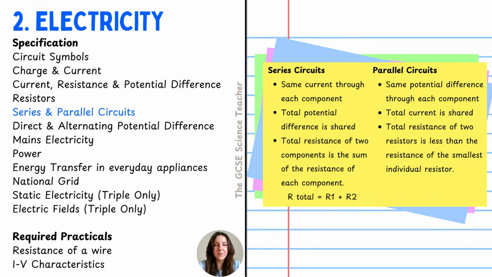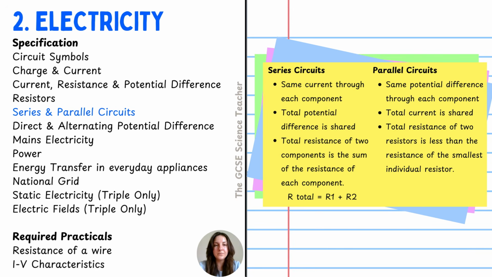Let's compare series and parallel circuits. In a series circuit, the current is the same through each component, whereas the total potential difference is shared. Total resistance of two components is the sum of the resistance of each component. For example, R total or total resistance is equal to the resistance of the first component plus the resistance of